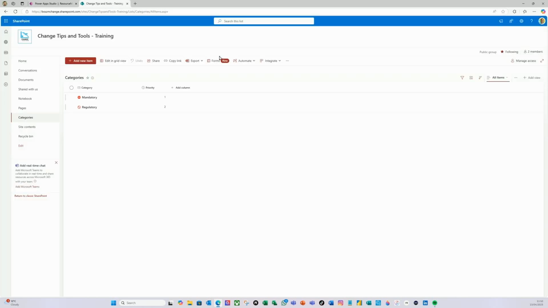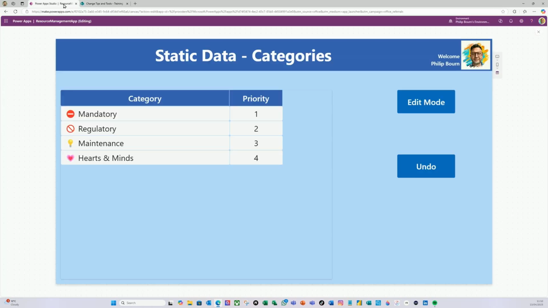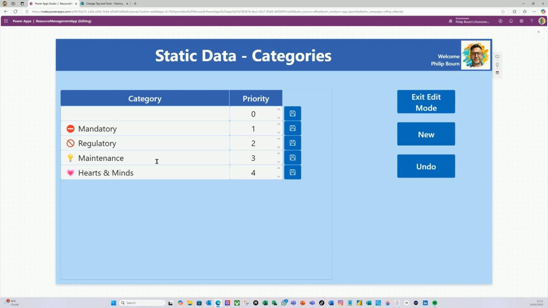Let's go to SharePoint. Let's refresh SharePoint. And there you go. We've added a new record. So let's just add one more. So we've got hearts and minds. If I go edit mode, let's do new. And let's do